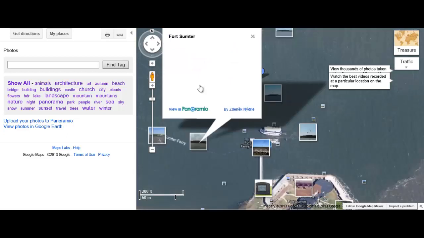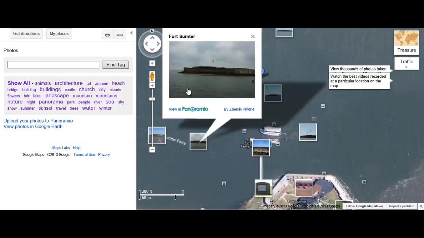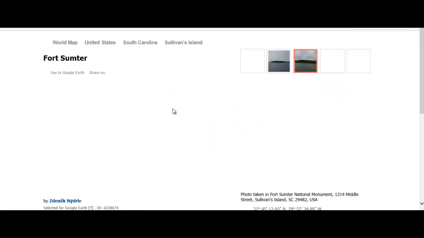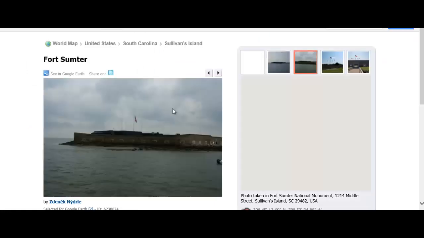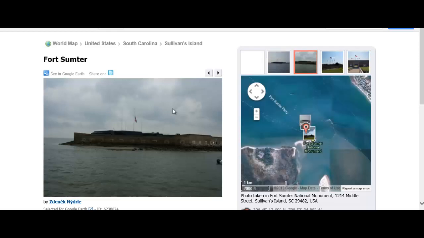We click on that image. Now we're going to have this pop up, or we can click on the view in the panorama view, and it will give us a much better picture to choose from. And here's this picture. Now moving on from our Google Maps product, we're going to see an example of a Jux